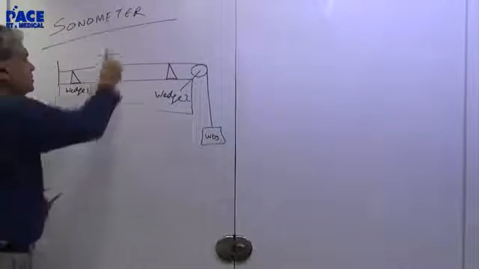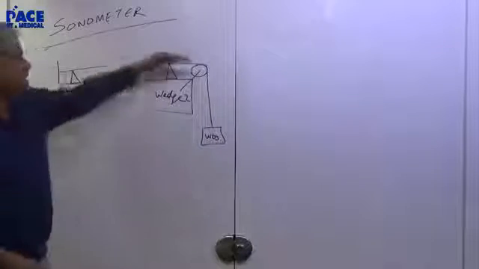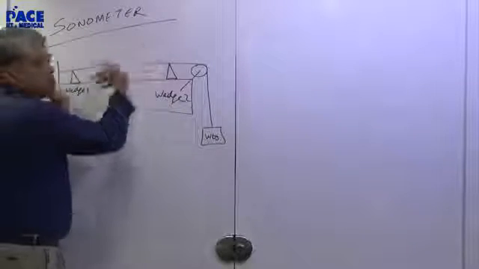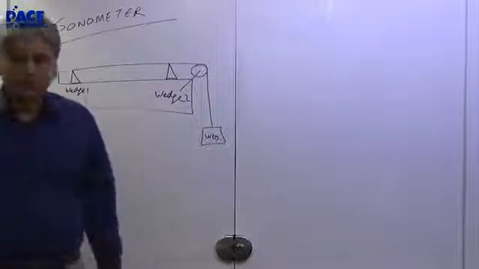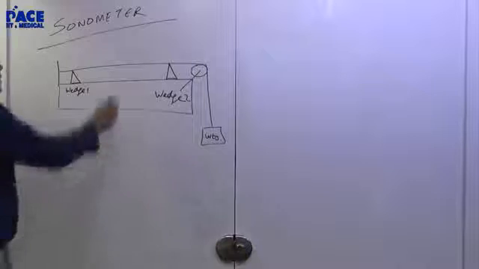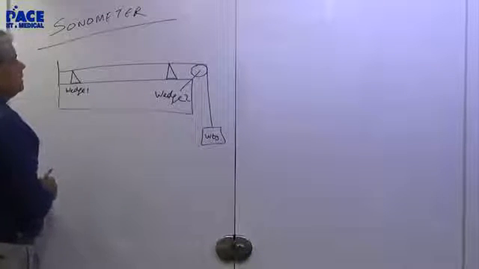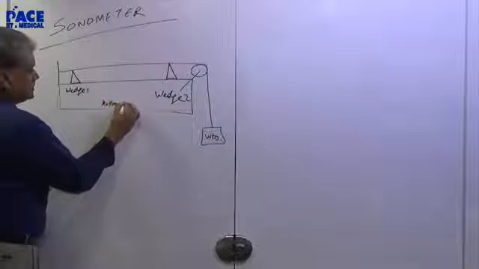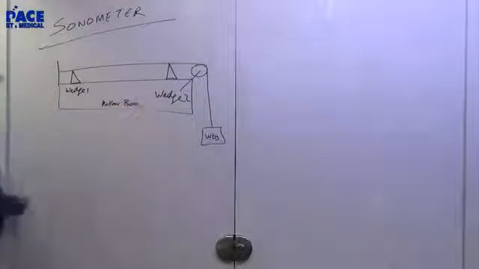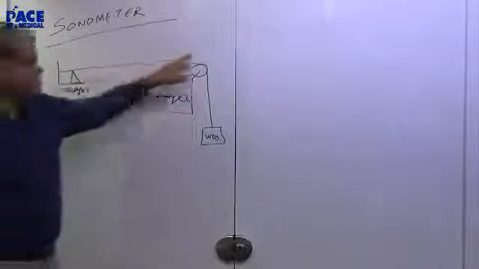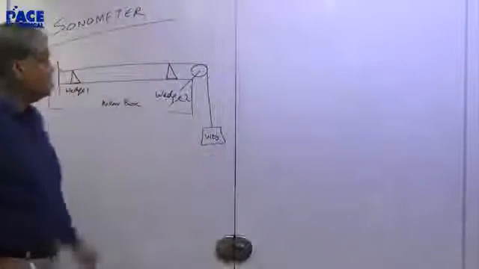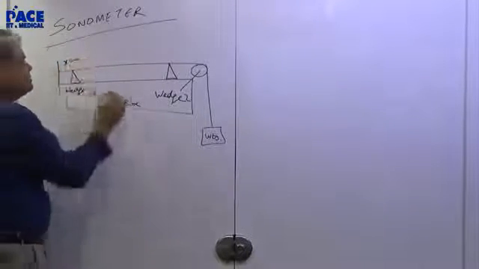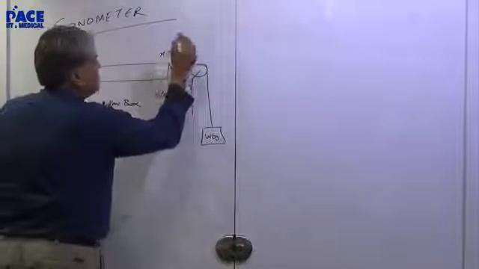Now when you pluck this string, a wave goes to the right, it will act like a fixed end and reflect, and what will be set up is a stationary wave in the string. Okay? So how do these stationary waves, this is a hollow box. Okay? So that's the picture. So this is a string which is stretched. How do you stretch it? By putting weights. So when you pluck it like that, now suppose I take this position as x equal to 0 and this position as x equal to L.